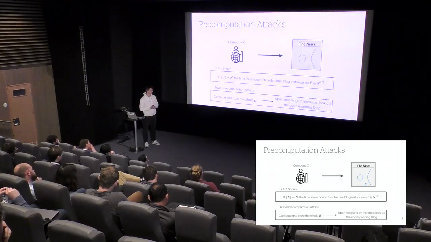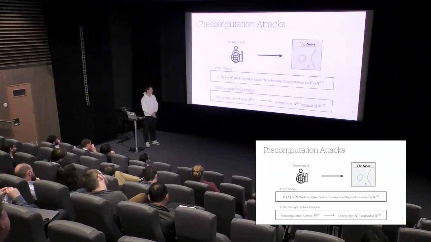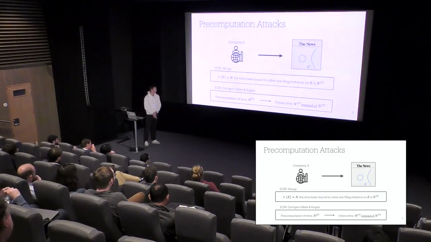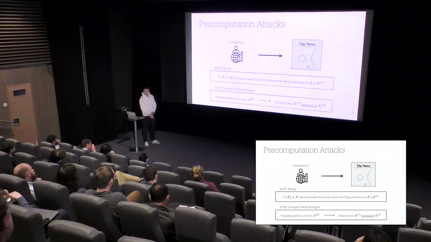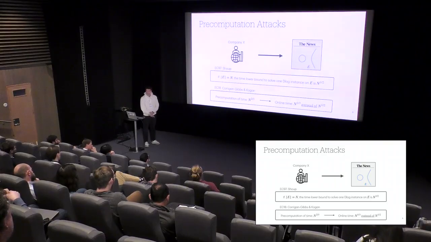Of course, this is very inefficient, both in terms of memory and time, but in 2018, Corrigan-Gibbs and Kogan proved that company X can do much better. Indeed, company X can invest in pre-computation time N to the 2/3, then publish the curve, and upon receiving an instance of the D-log to solve, just solve it in time N to the 1/3 instead of N to the square root. So now that we have this small example in mind, I can tell you a bit more about